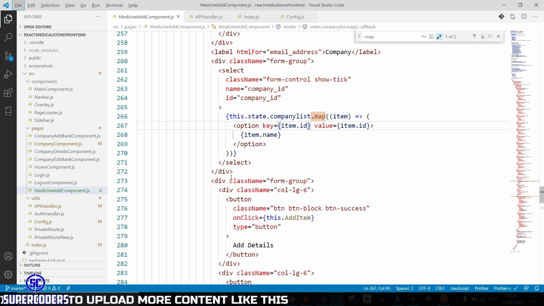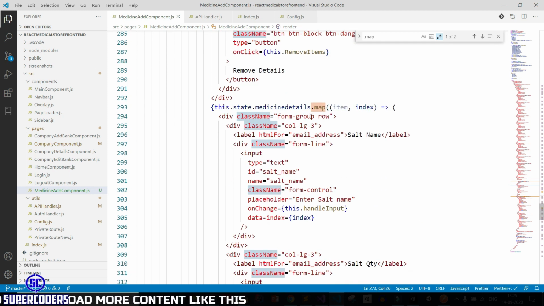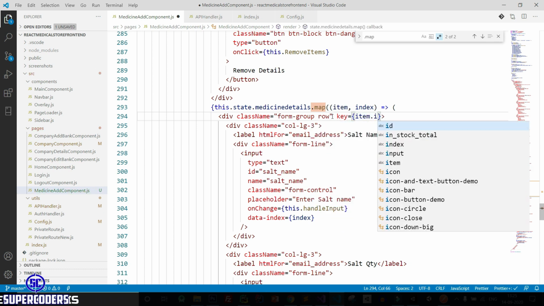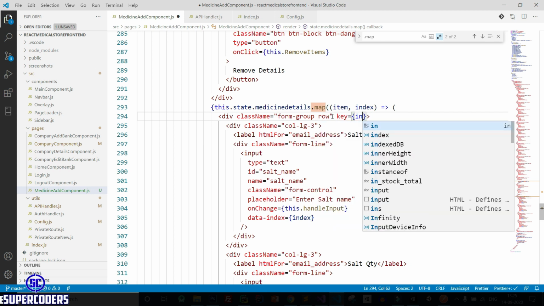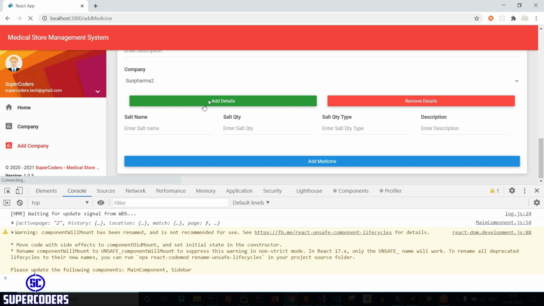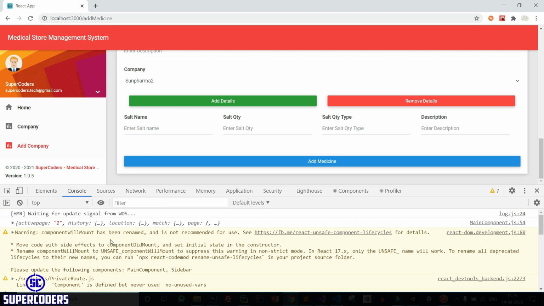Save it, and one more time, key equal to item dot, pass the index. Save it, let's check. So everything is perfect, key error has been gone.